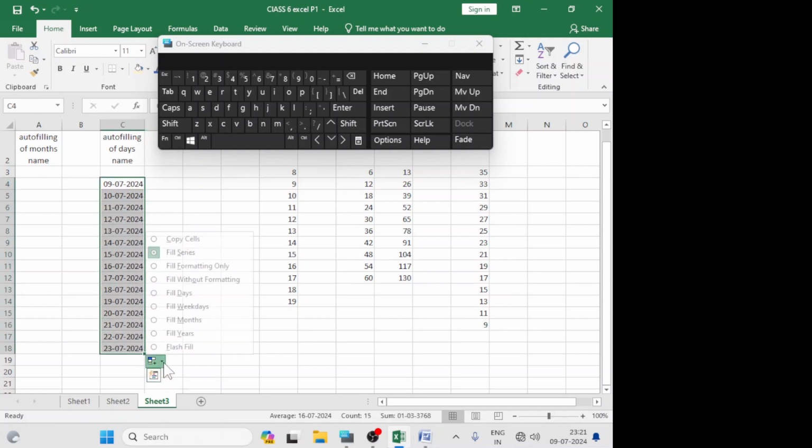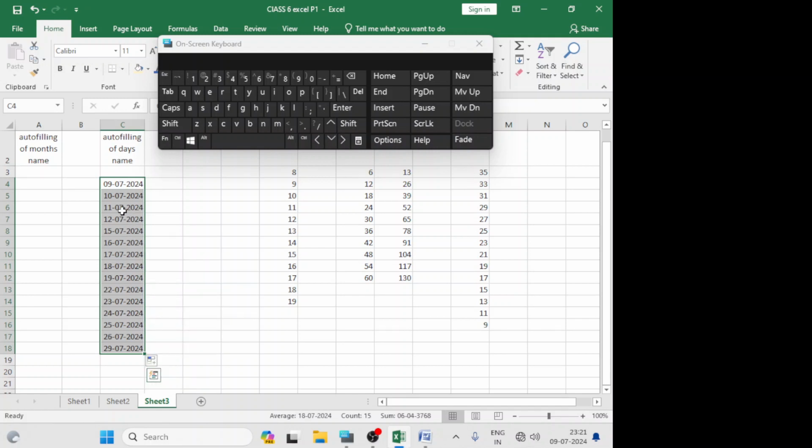Now in this series many options will appear. Your fill days, so this time it is fill days, means all the days are coming. Fill weekdays.